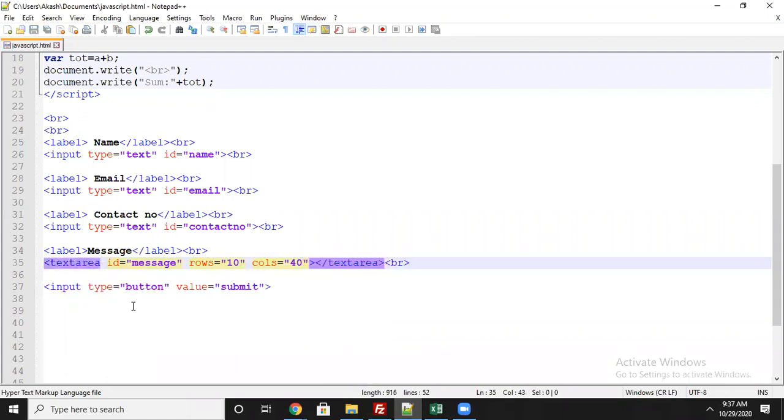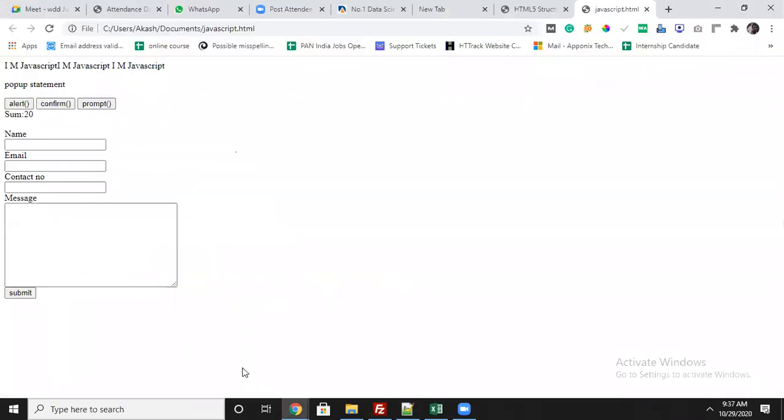This means the shape will be drawn in terms of rows and columns. You can see this is called rows, and this horizontal one is called columns. Now we have designed the form with the help of HTML. I used just HTML, not CSS.